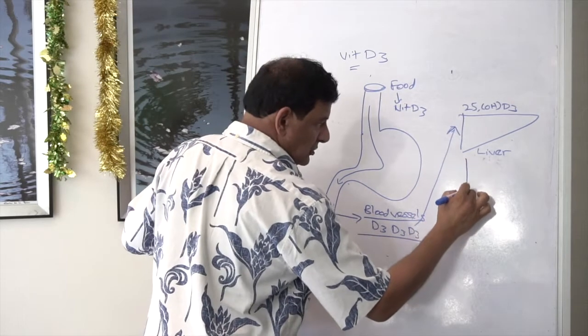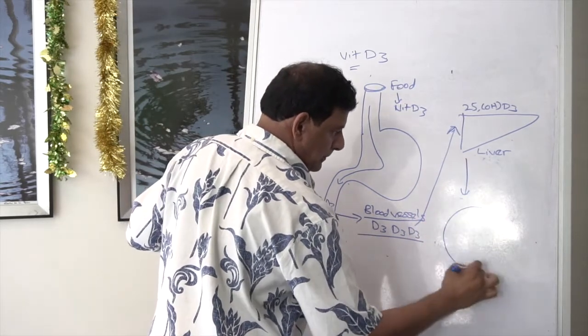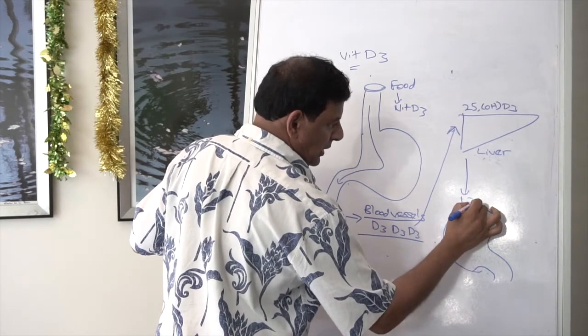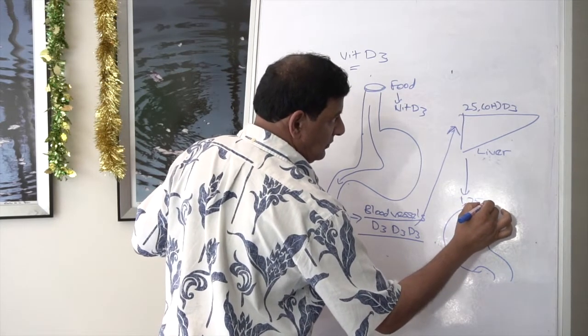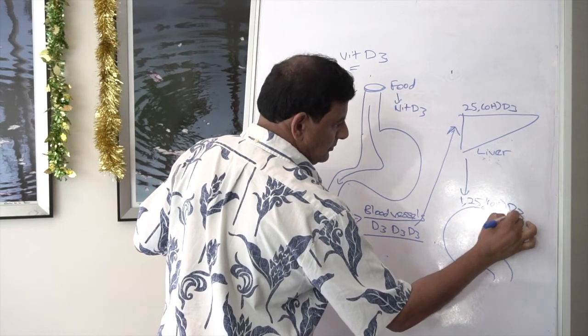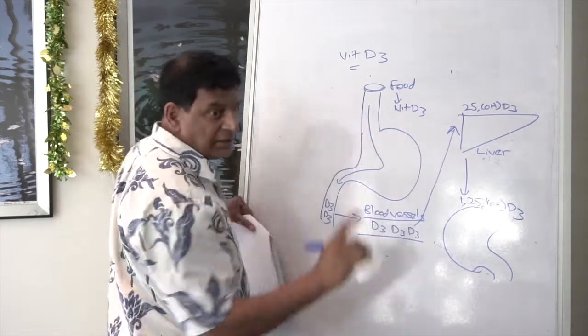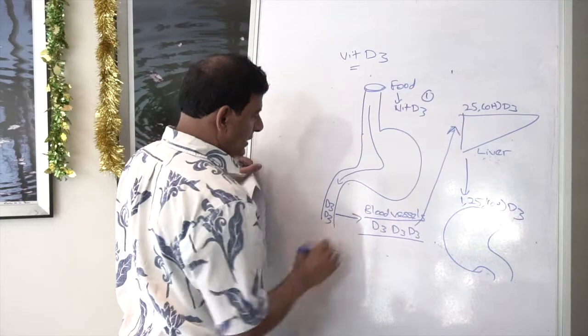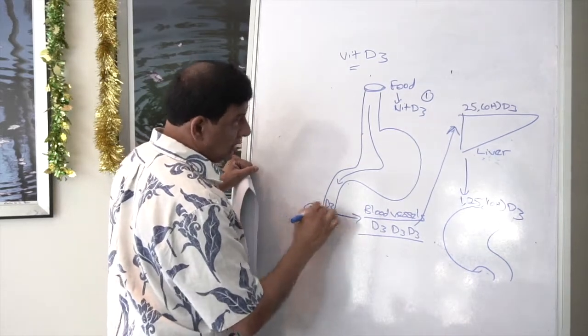And then it is transferred to the kidney as the active component called 1,25 hydroxy D3. So if there's a deficiency on a report, this could be one possibility, this could be a second possibility,